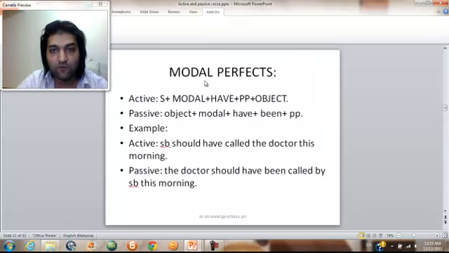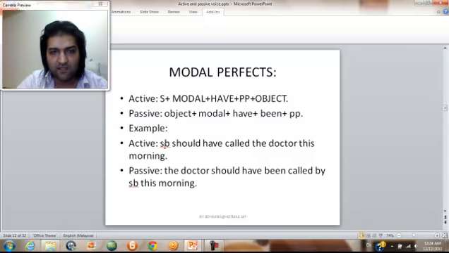Yes, here we go for modal perfects. The active structure is subject plus modal plus have plus PP plus object. And the passive, we have object plus modal plus have been plus PP. The example goes,